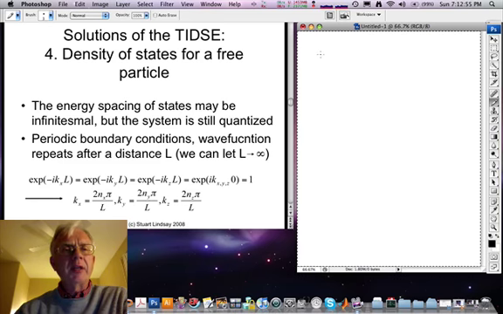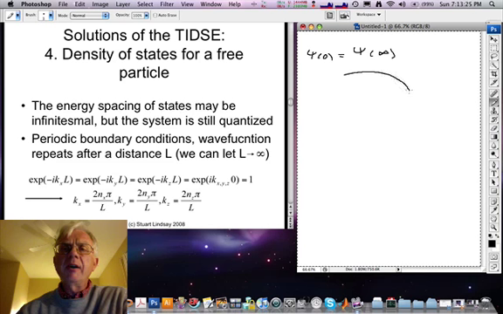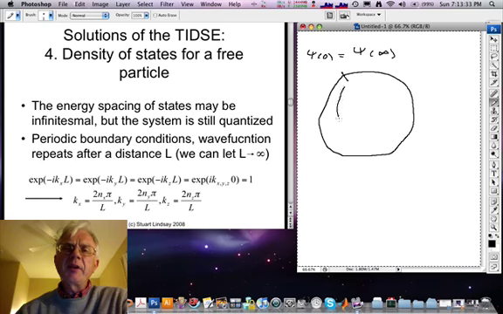of periodic boundary conditions. In essence, the idea of periodic boundary conditions is that a wave function must eventually repeat its value as we go to a very large distance. We can choose to go to infinity and say that psi of 0 is equal to psi at infinity, or we could imagine taking a system and bending it ever so slightly on the atomic scale, but enough so that eventually the system returns to meet itself, and then at this point,